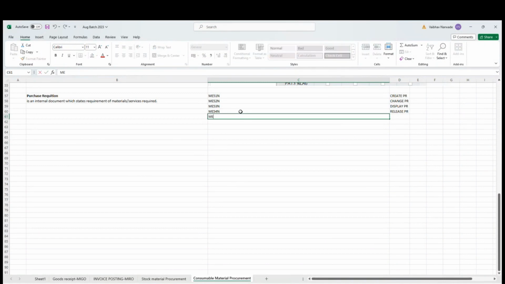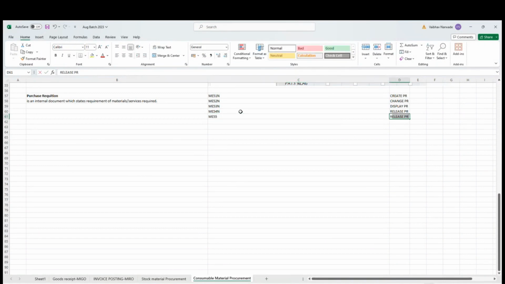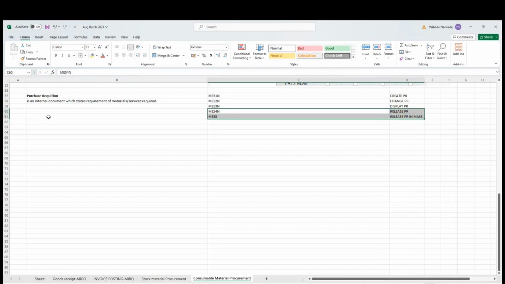If you use ME55, you can release the purchase requisitions in mass. Okay. ME54N में आप सिंगल परचेस रिक्विजिशन को अप्रूव कर सकते हो. ME55 में आप मल्टीपल परचेस रिक्विजिशंस को एक साथ अप्रूव कर सकते हो. These two transaction codes we will see when we will see release strategy.